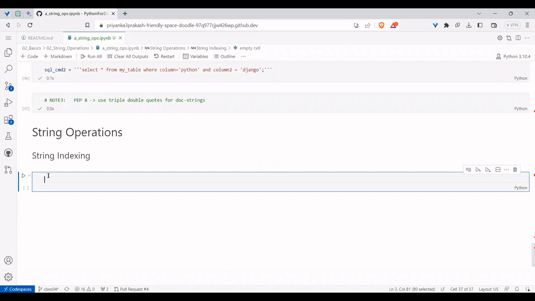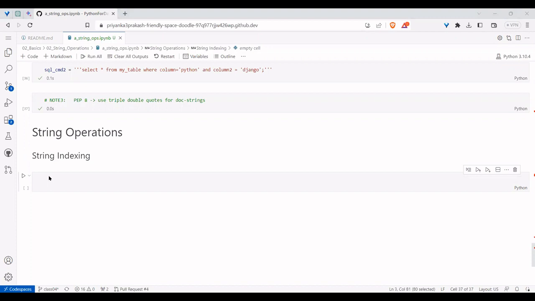And now coming to the case of string indexing. What do you mean by indexing? Why do we need it? If you have a house and you can uniquely recognize every room, then you will know what to do with it. In the same fashion, in an apartment building, if every flat can be identified individually, then if there's a problem, they can address that flat and do something about it. The same thing works for strings also.